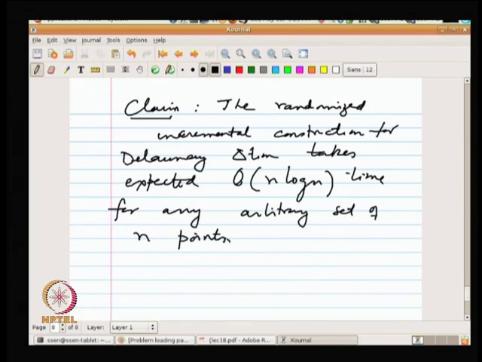Okay. So what we basically looked at today was some very basic properties of Delaunay triangulation that were useful to actually define the notion of Delaunay triangulation, as well as to come up with some preliminary but not very efficient algorithms for Delaunay triangulation, namely the edge flip algorithm. And then we looked at